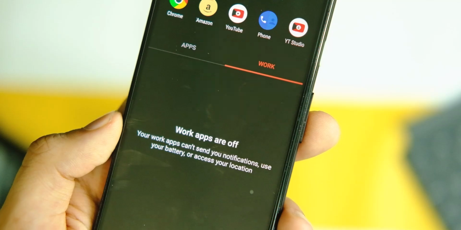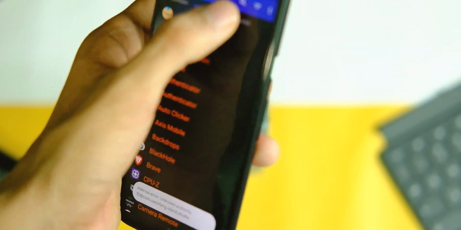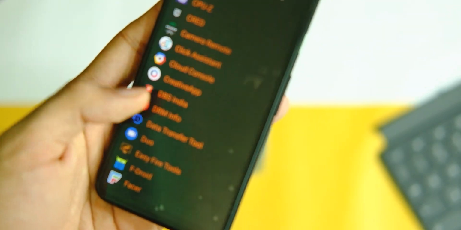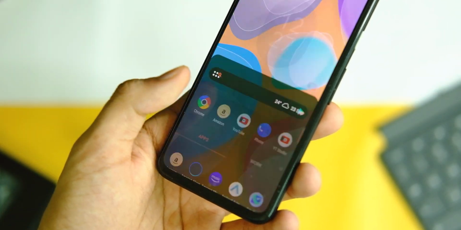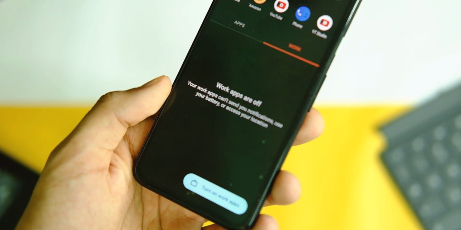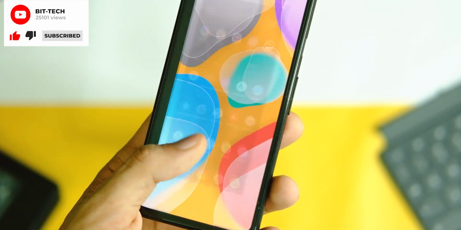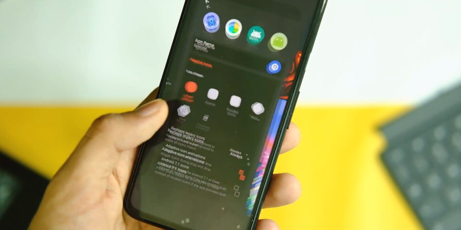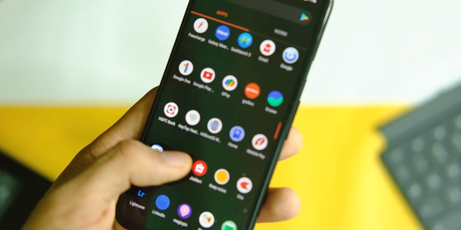And thus you can make clones of any application you like, just like the parallel apps feature that you see on every other phone. The major difference being all the applications are allowed to be cloned in this, and you can use multiple accounts quite easily with this application, which keeps a lot of stuff sorted. So whenever you are done, just click on turn off work apps and they won't send you a notification from that time till you turn on the work apps again. So I find this one to be nifty and useful, not just on this device but any device that I use.